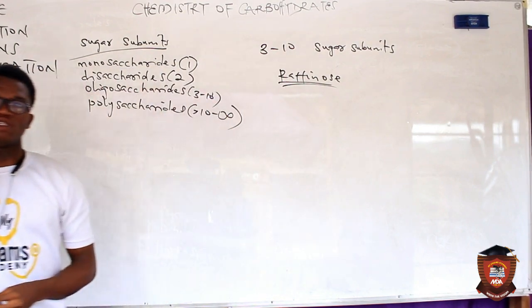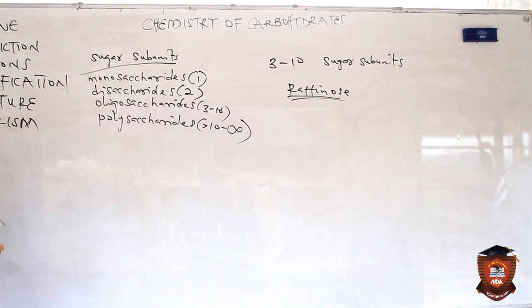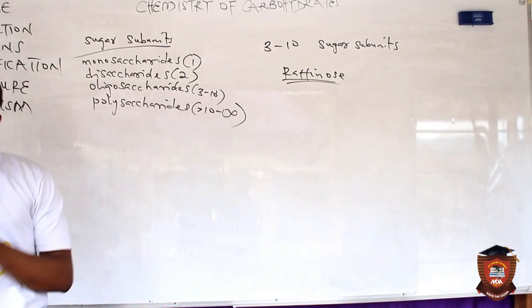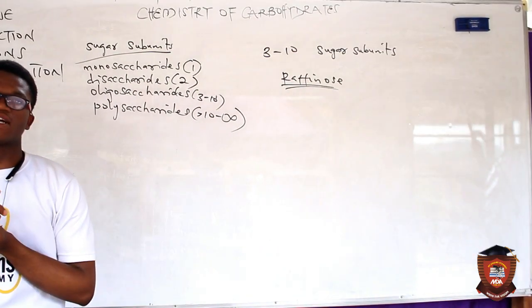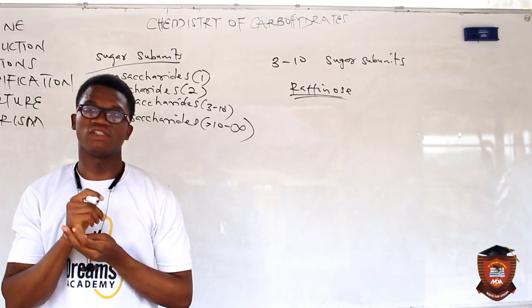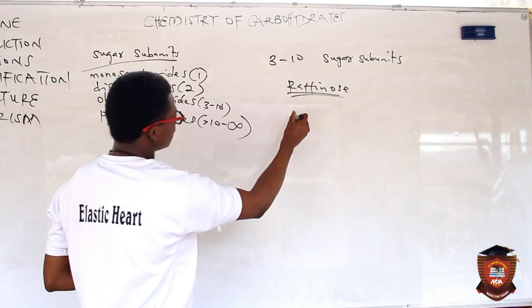So we move over to the polysaccharides, which is more important to our study. The polysaccharides contain from 11 to infinity. So any carbohydrate molecule that has above 10 sugar subunits is qualified to be classified under polysaccharides. Of the most popular examples of polysaccharides,